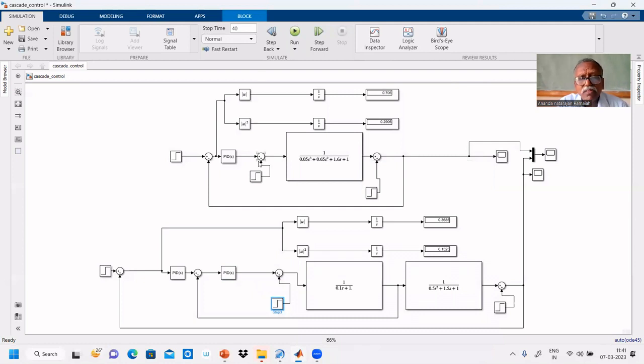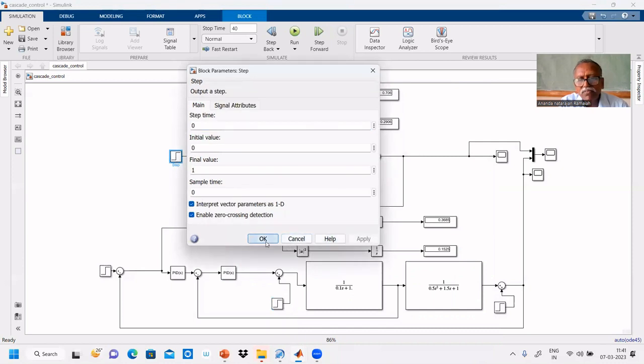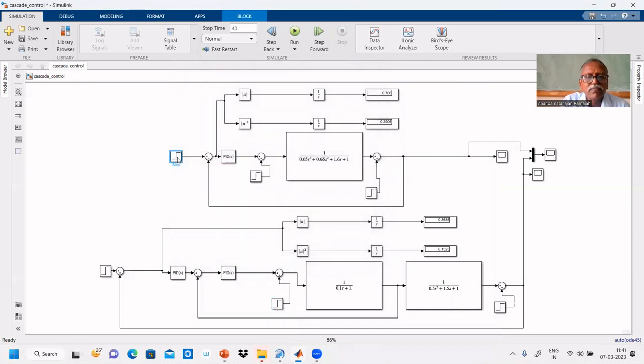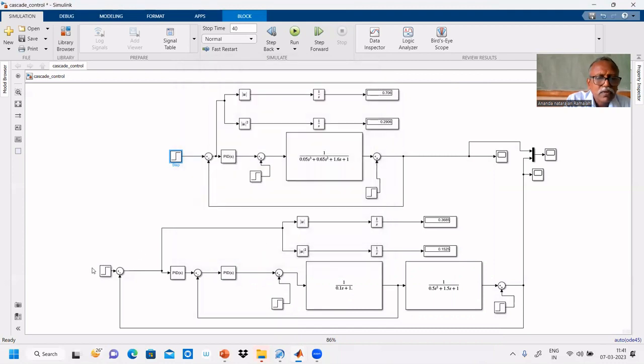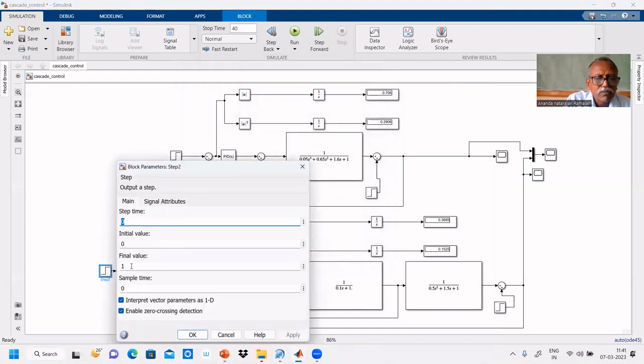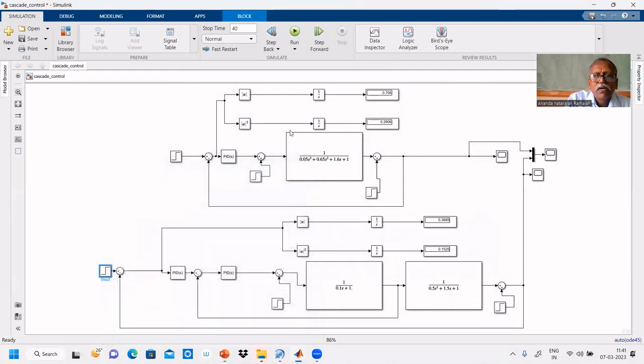Now we are giving both servo as well as regulatory. Let us check only regulatory. Final value is 0. Now let us check regulatory alone, that too coolant temperature alone. You see that